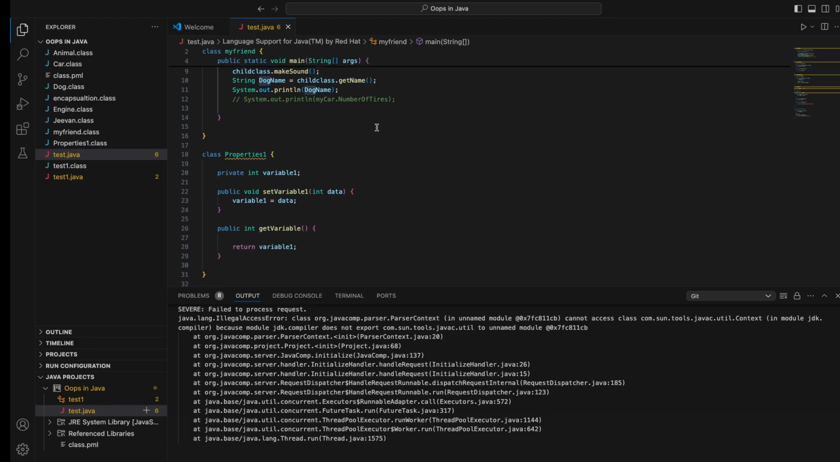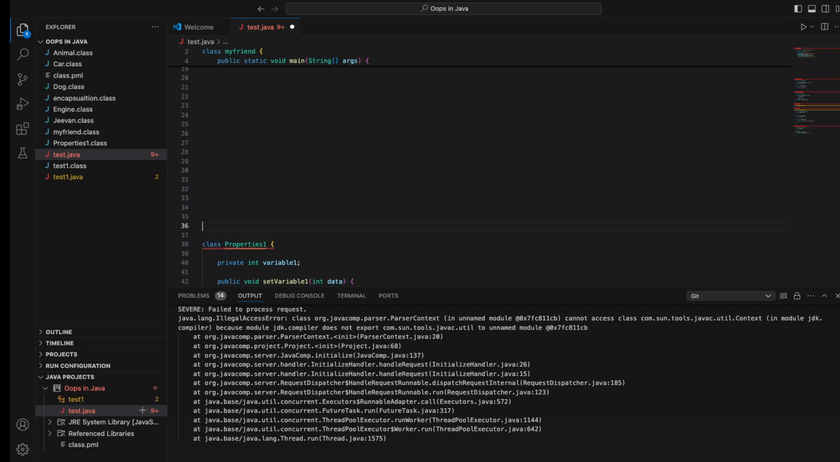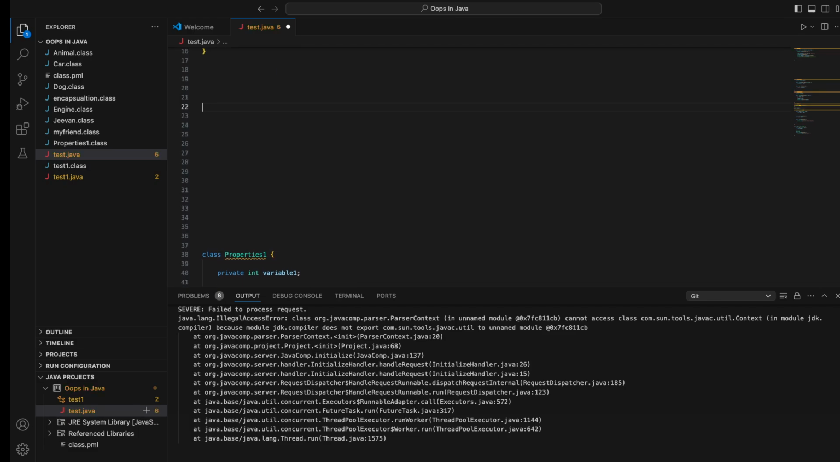Okay. So what we are going to implement now is, we'll try to have two instance methods and then we'll see which instance method is getting called when. So let's have a class